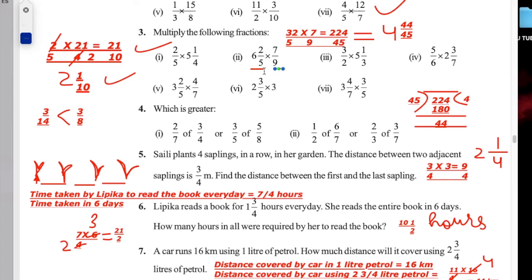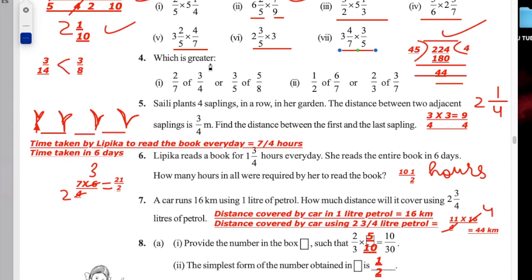Now the second part, again this is a mixed fraction and this is a proper fraction. So you will convert this mixed fraction. 6 5s are 30 plus 2, 32 by 5. Multiply 7 by 9. If you multiply 32 by 7, you will get 224, and 5 9s are 45. Then you divide this 224 by 45. 45 4s are 180. You will get the remainder 44. So you will write it as a mixed fraction. First quotient, then remainder, and then divisor. So 4 44 by 45 will be your answer. The same way you all will solve the rest of the questions. Just convert the mixed fraction into an improper fraction and then multiply.